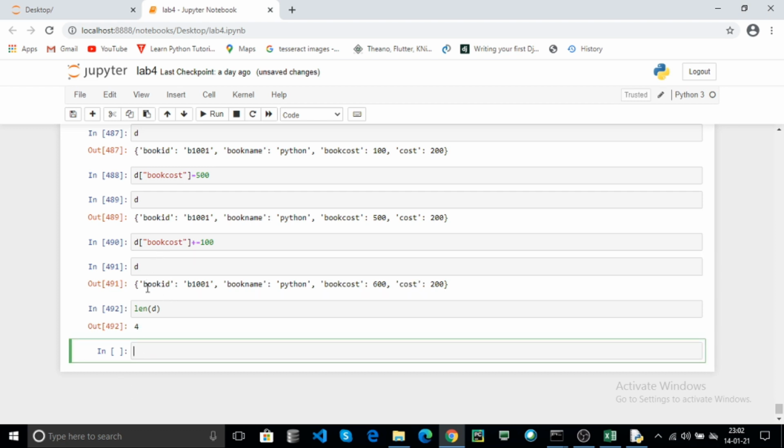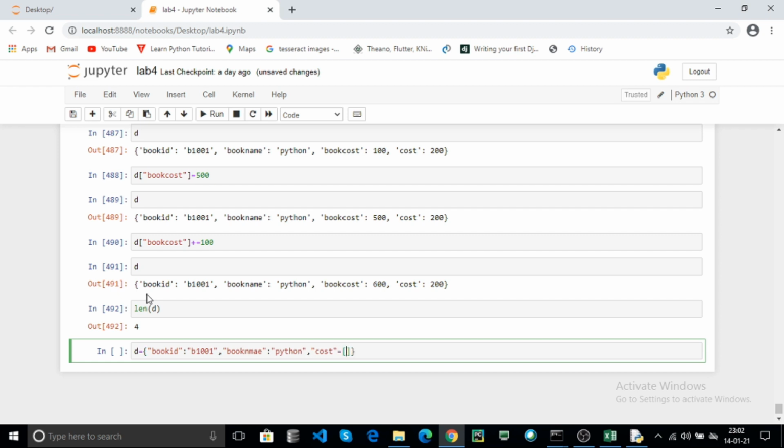For example, create a new dictionary: book ID B1001, book name Python, and cost.